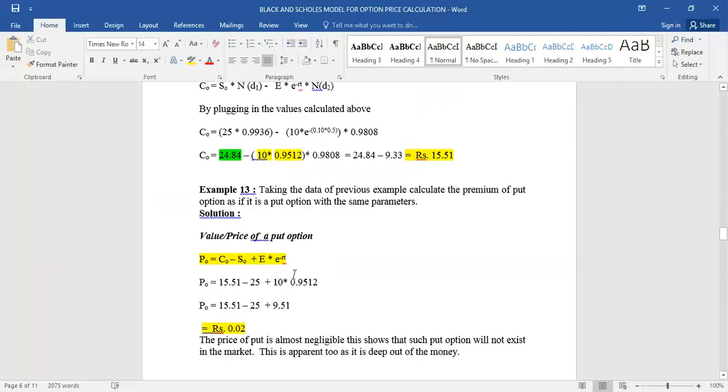Now let me tell you one more interesting thing. As I had promised you, we can use the online utility to check our answer, whether our answer is correct or not. Because when you are at home under lockdown situation, you are away from your teachers, although teachers are helping you out through online classes, but still at any moment you can use that utility. So let me quickly take you to that particular utility. Fundamentals or facts you have noted down. Our spot price was 25, exercise price 10, risk-free rate 10%, and time till expiry half year, that is 0.5, and volatility 60%. Let me take you to that particular utility.